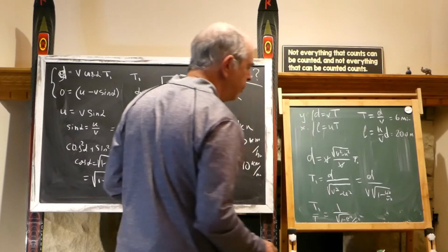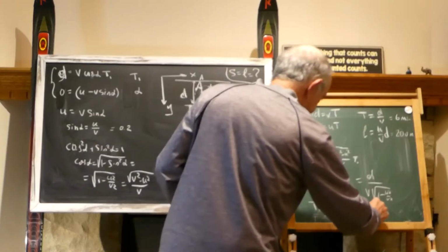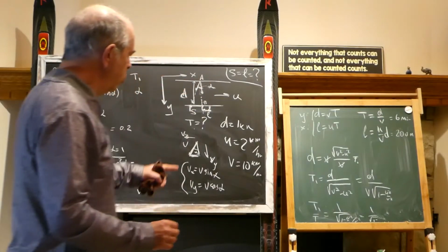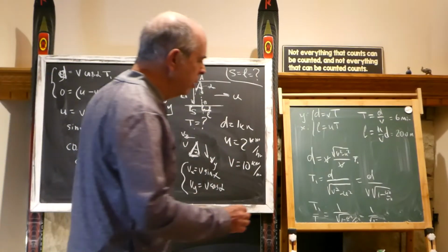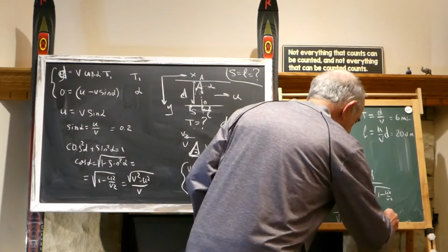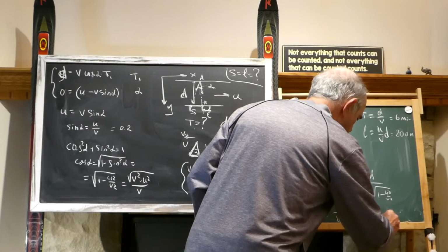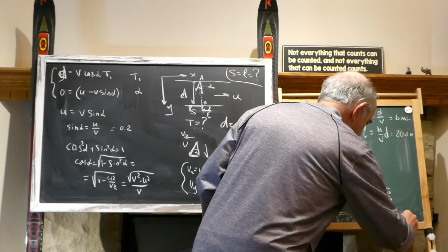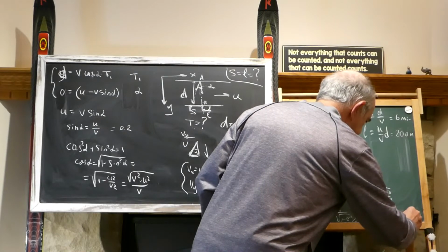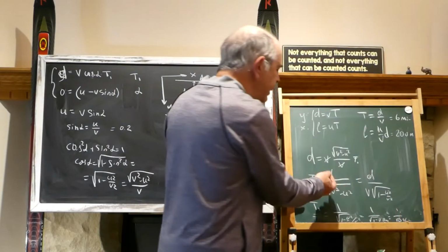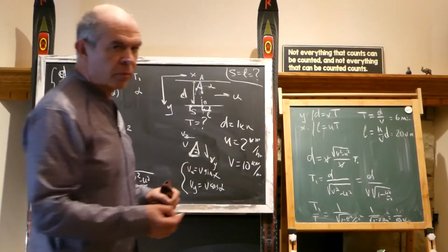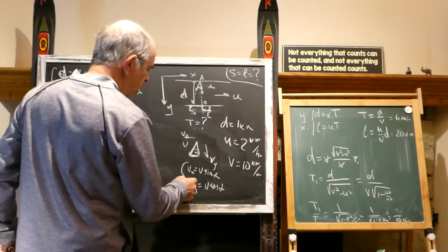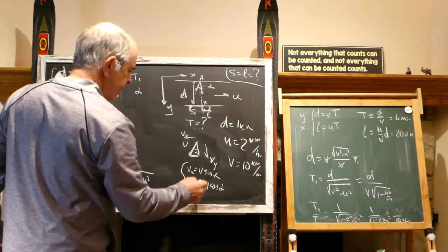We can put the numbers if you want, and we will receive 1 over the square root of 1 minus u squared, which is 0.04, so 1 over the square root of 0.96. So this would be a little bit higher. Time t1 would be a little bit higher, and there is no surprise, because we are actually moving in this direction